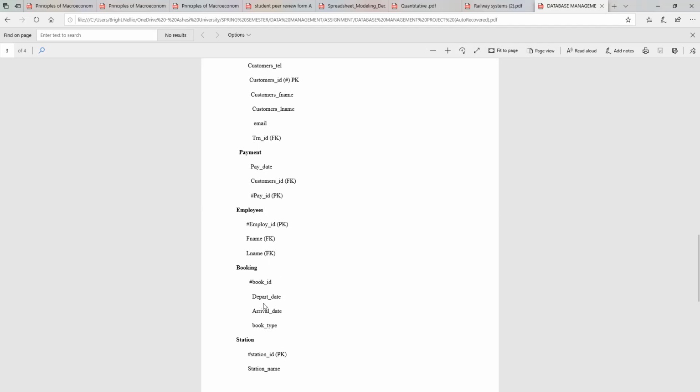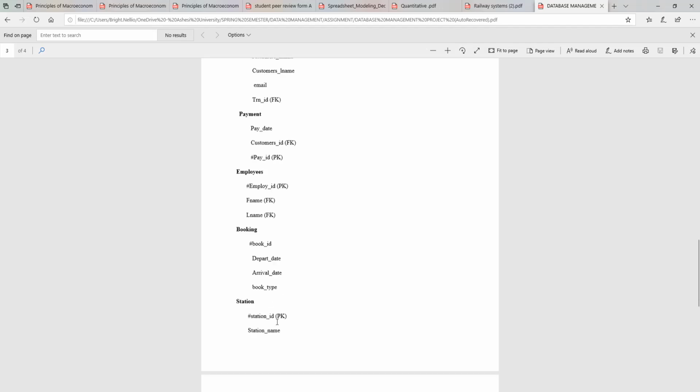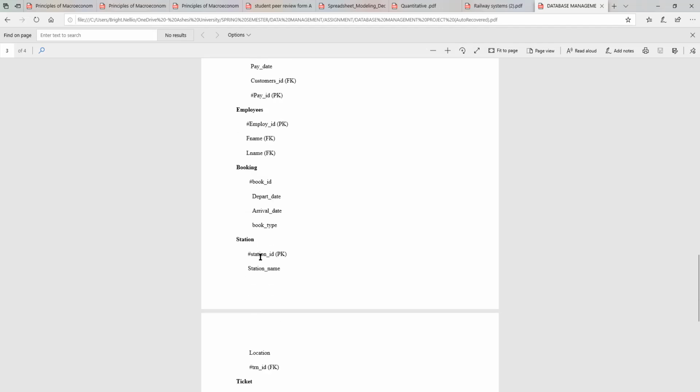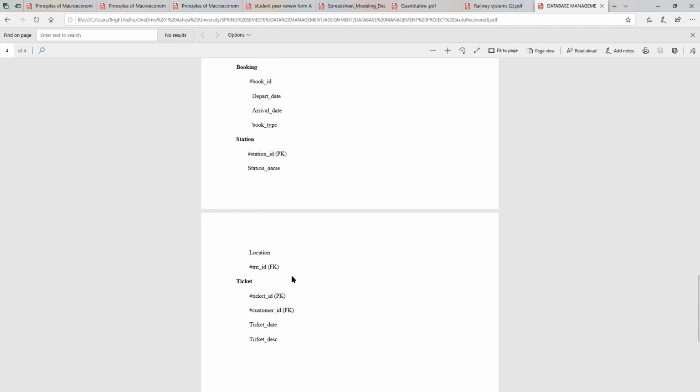Depart, which talks about the time that the people or the travelers will leave the station, and the arrival dates, which describe about the day and the time that the travelers will arrive to their destination, and the book type. We have the station, we have the station ID, which is our primary key. We have the station name where passengers are boarding their trains. We have location. Location describes where the station is found, and we have train ID on the station, which is